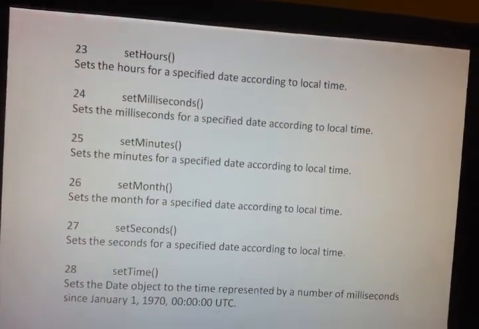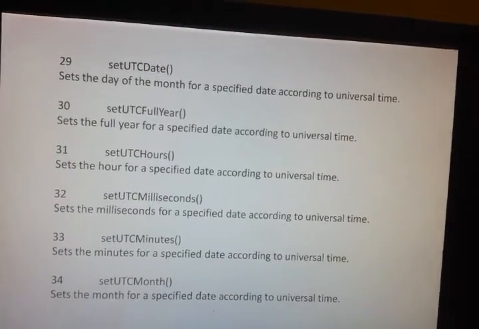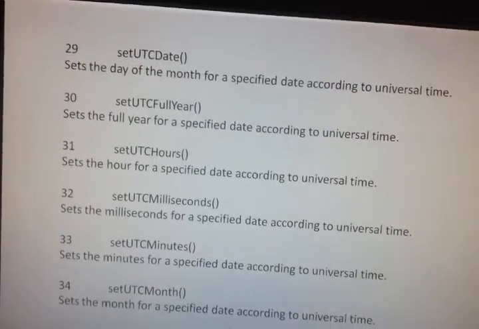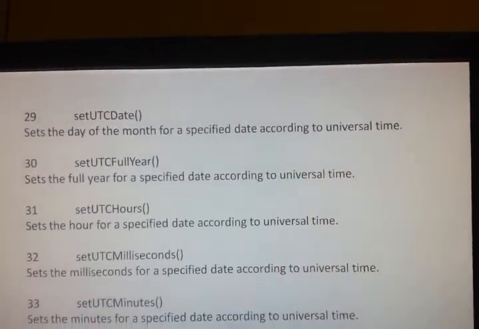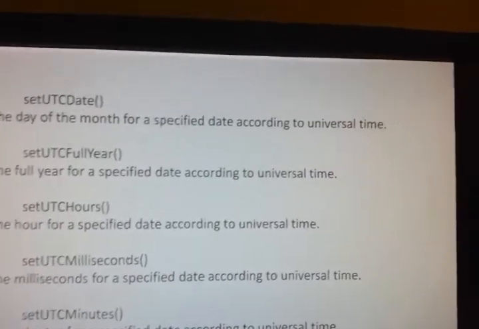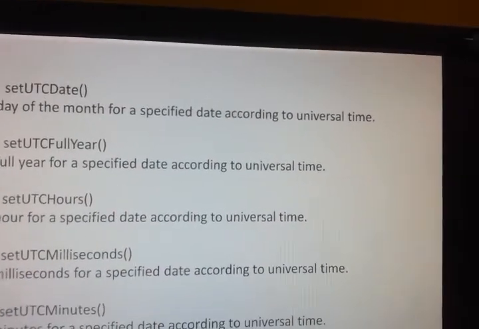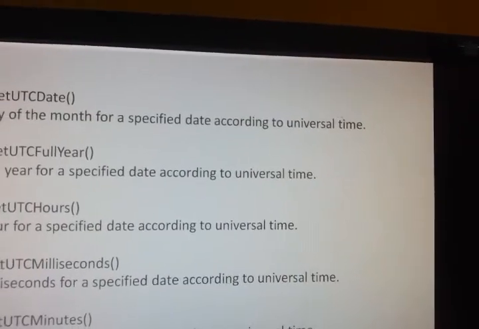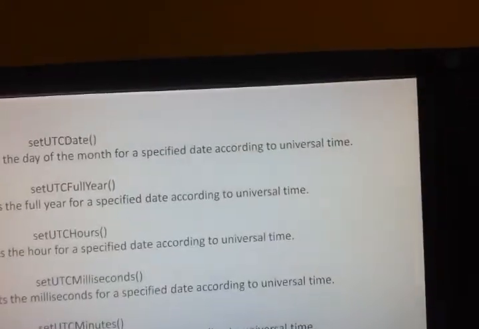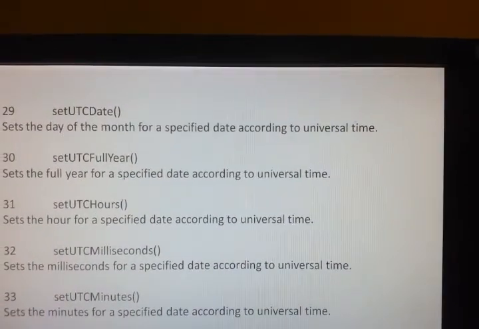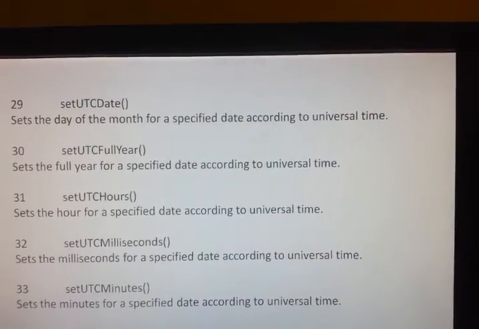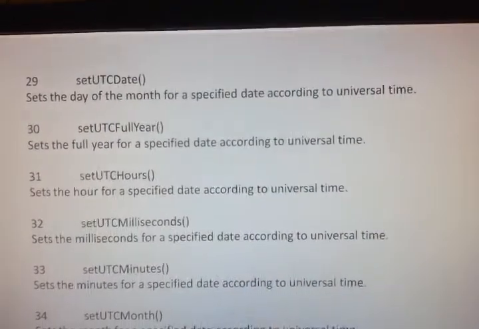Now, if you go for UTC, what are the different date set methods? So setUTCDate method sets the day of the month for a specified date according to universal time. setUTCFullYear method sets the full year for a specified date according to universal time.